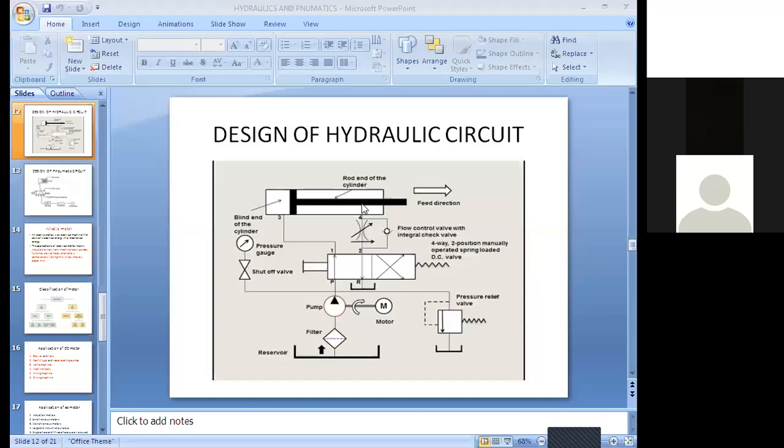The piston will start moving from the rod end to the blind end. Again, 3 to 1, this 1 is going to be connected here, 1 to R is connected. This is the right-way fluid flow and left-way fluid flow. For this I would like to share the video, but I think the video is not 1 minute. I would like to check it.